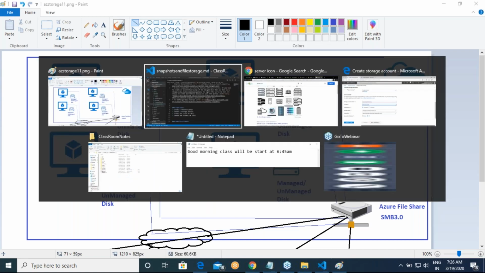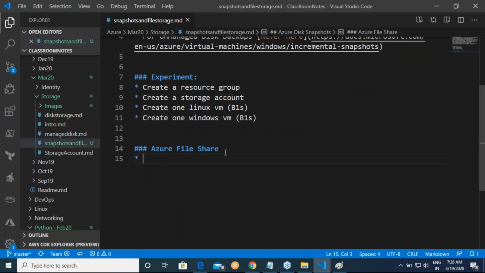Okay. So Azure file share is a network storage using SMB 3.0 protocol.